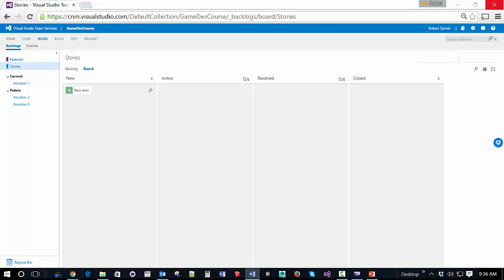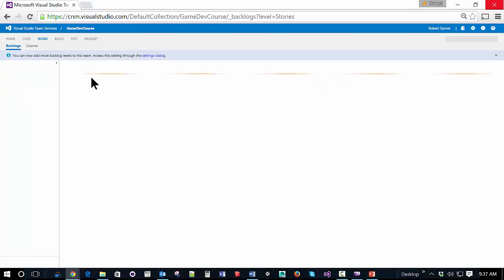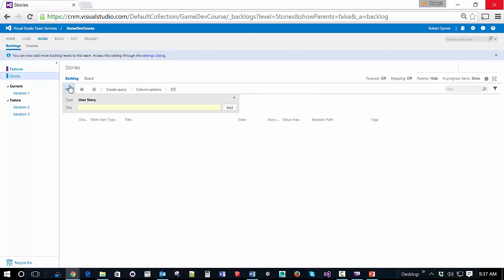So a user story is a very general description of some measurable piece of functionality. And typically the format is as a, I would like to, in order to. And we're going to add user stories by selecting our backlog. You can actually do them from the board as well, but I tend to like using this. And let's say we're making a computer game, and we're going to say, as a player, I would like to see a splash screen